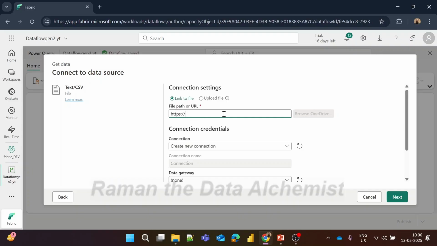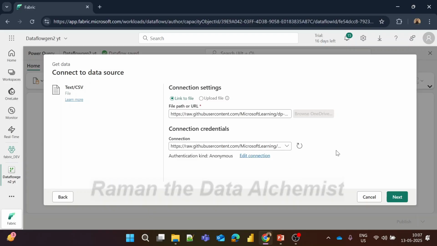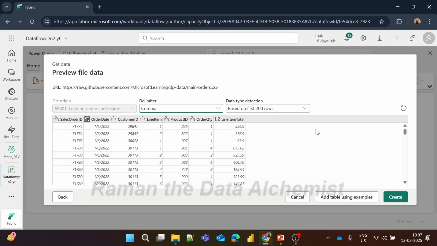So we have to just type the link and we can get the data. So just give me a second. So I have given the link and just click on next. So it will automatically extract the data from that link and bring that data into our Dataflow Gen2. So see, it automatically parsed the